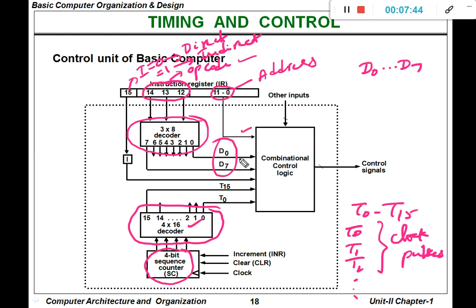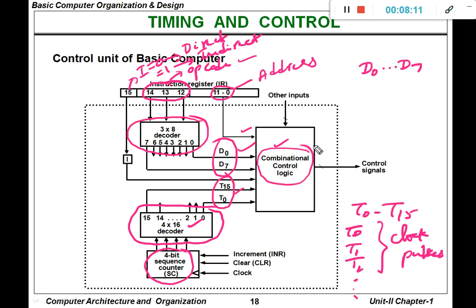Okay. So now based on the address, based on the decoder output D0 to D7, based on the decoder output T0 to T15, we are passing all this information to the combinational control logic. Here we are going to implement the control mechanism.